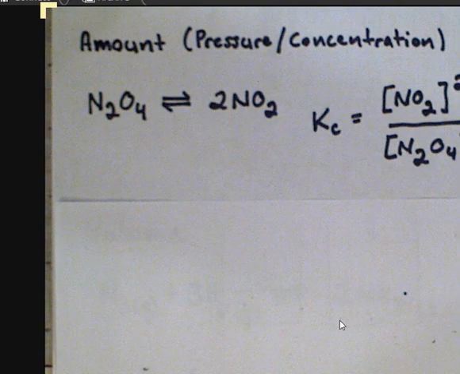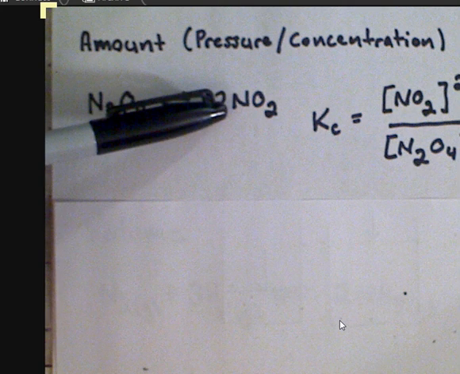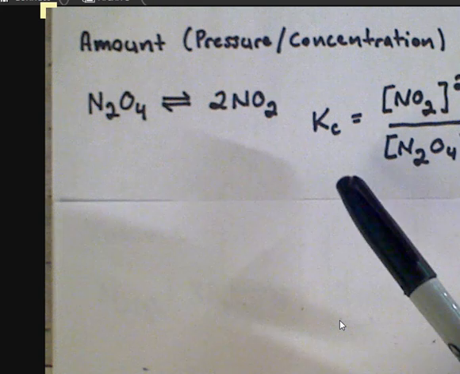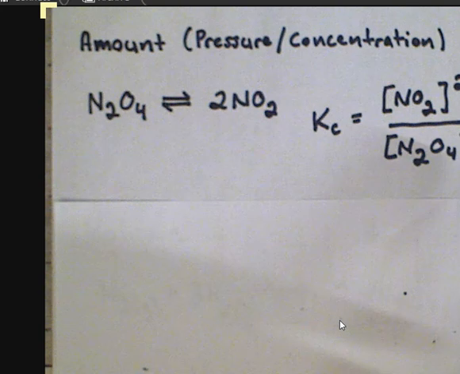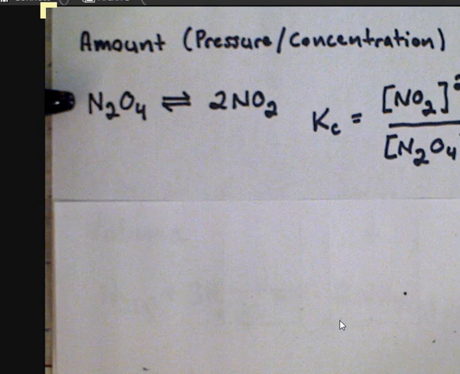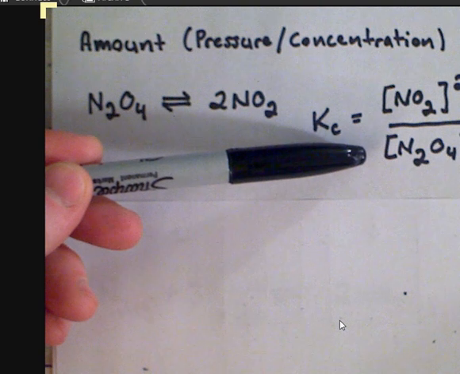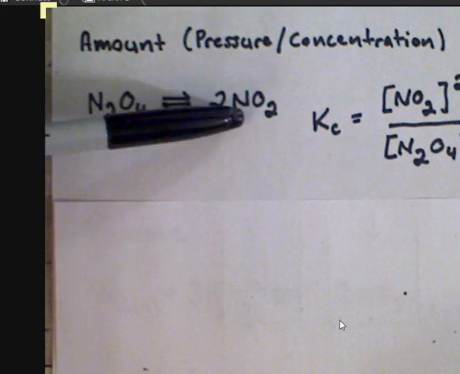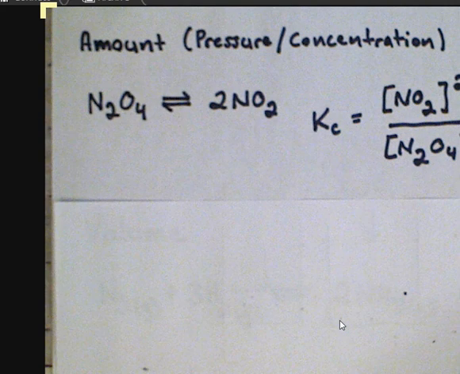So here's an actual reaction. We've got N2O4 in equilibrium with NO2. And we could write an equilibrium expression for that where Kc is equal to the NO2 squared divided by the concentration of the N2O4. And so if we were to add N2O4 to this side, that would increase this concentration, making Q less than Kc, and so the reaction would shift to the right. We'd have to produce more NO2 in order to compensate and restore equilibrium.